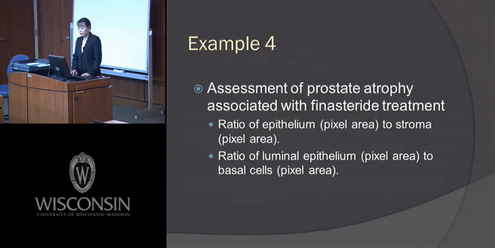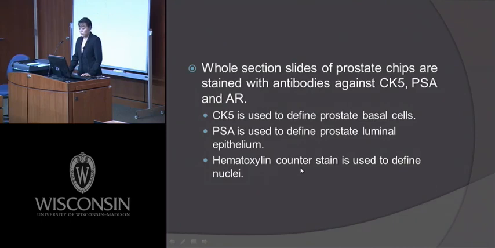So in this one, we try to assess prostate atrophy associated with finasteride treatment. What I did is I used some substitute factors or parameters to estimate the atrophic status by measuring the ratio of epithelium to stroma and the ratio of luminal epithelium to the basal cells. So what we did is we stained the prostate section